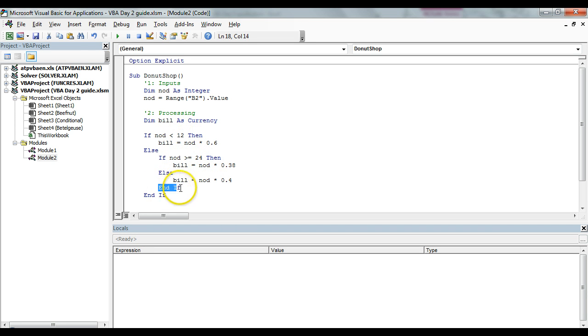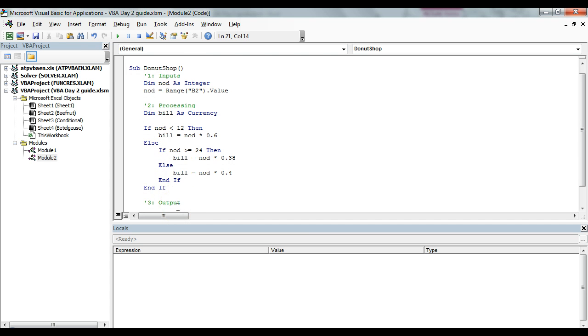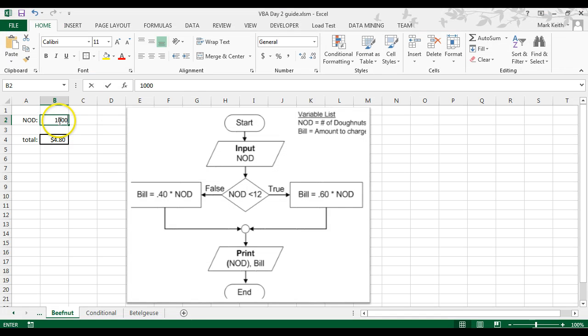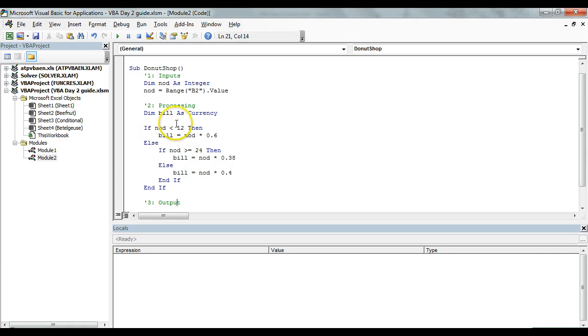Notice I have to have another end if that ends this nested if right here, whereas this end if is ending this first if. So let's test it out. Let's say that we want 100 donuts, which is greater than 24. That means we should be paying $38, right? So let's come back here, let's process F8, grabs number of donuts, set to 100, not less than 34, clearly,